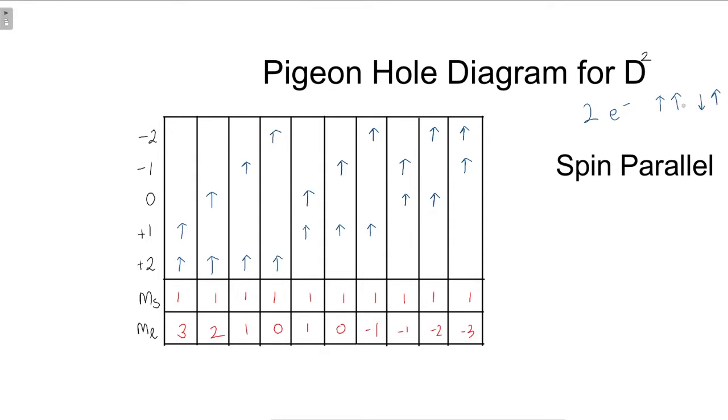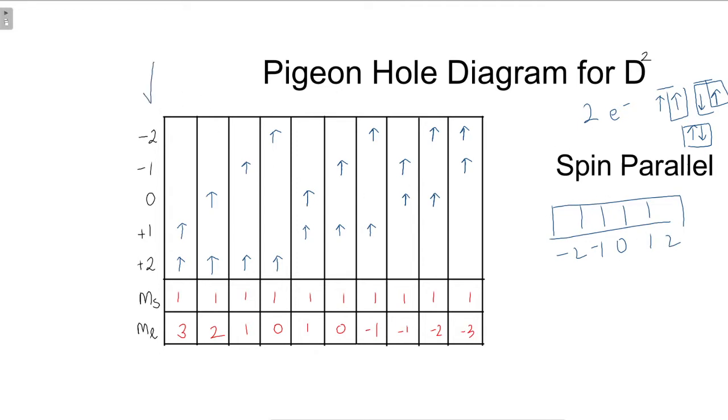These are when they are singly occupied, separated, or when they are in the same orbital. We have 5 d orbitals, which correspond to -2, -1, 0, 1, and 2. This is what we have in the table itself, in the leftmost portion.